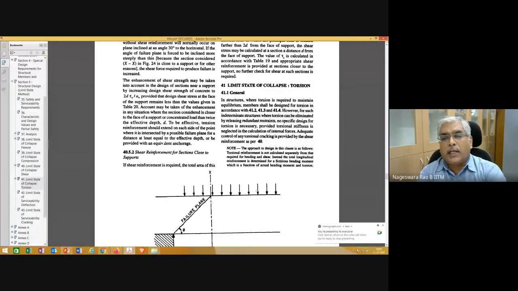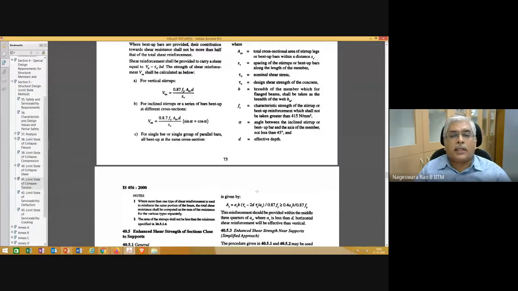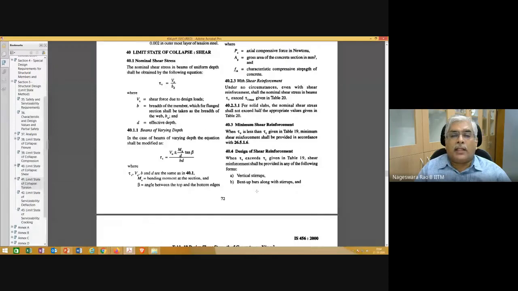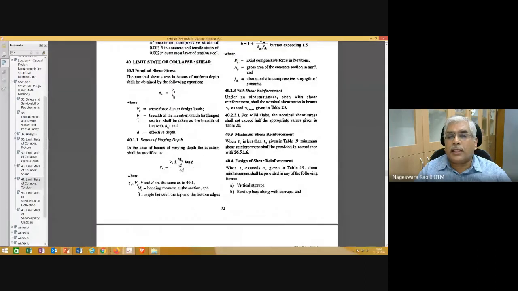Here, limit state of collapse under torsion is given under Section 41 of IS 456. In the last class, we looked at how to deal with shear, how to design for this shear, and how to calculate nominal shear stress for uniform depth beams and varying depth beams.